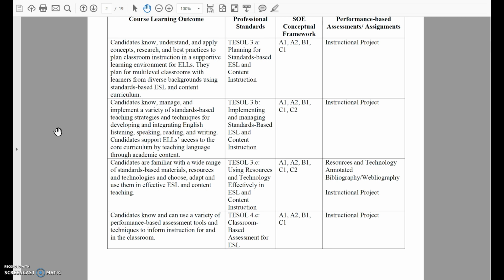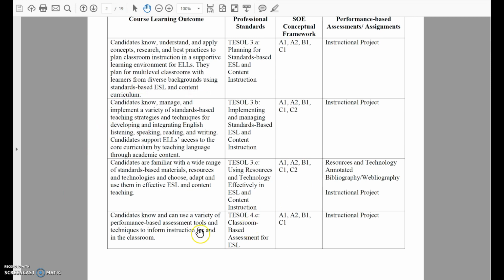So what are our learning outcomes for this class? We are focused more on TESOL Standard 3 and TESOL Standard 5 for this class. TESOL Standard 3 is the planning for standards-based ESOL and content instruction, implementing that planned instruction, using resources and technology effectively.